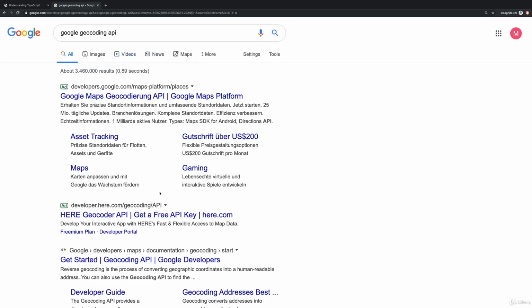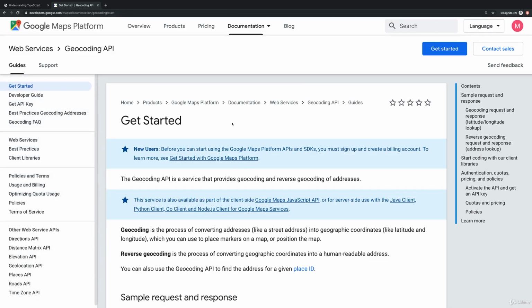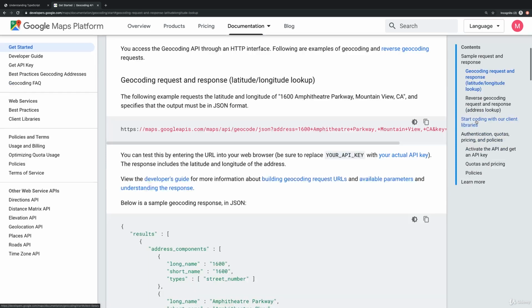You can search for Google Geocoding API and you will find the official Geocoding API docs. The Geocoding API is an open API which you can use to translate an address to a pair of coordinates or a pair of coordinates to an address. Now here we want to do a lookup where we provide an address, so this normal geocoding request here, and